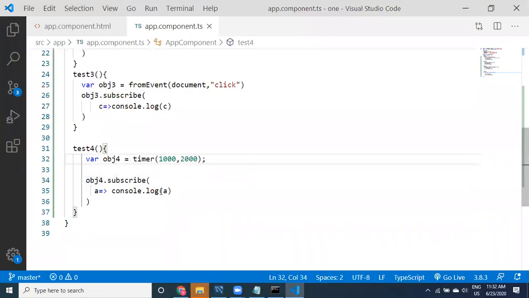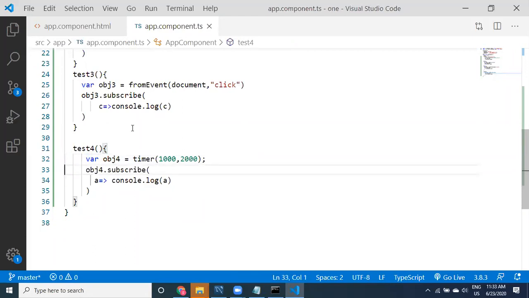So this is going to get executed every 2 seconds. This is a timer. These are the sources, actually the different sources that we have.